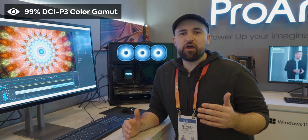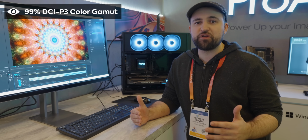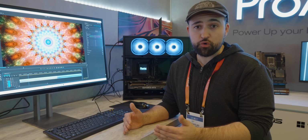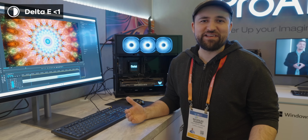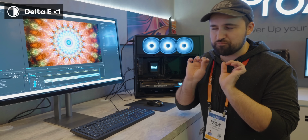We've still got a crazy color gamut of 99% of DCI-P3 being reached here. And the best part is, it's actually more color accurate than it was before from the factory. Before it was advertised as a Delta E average of less than 2, now it's advertised as a Delta E average of less than 1. That's insane. Like 2 was already really good. You're not gonna be able to tell the difference, but like 1, you know it's gonna be just perfect no